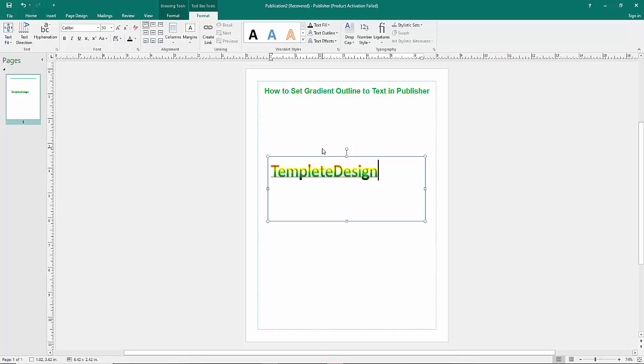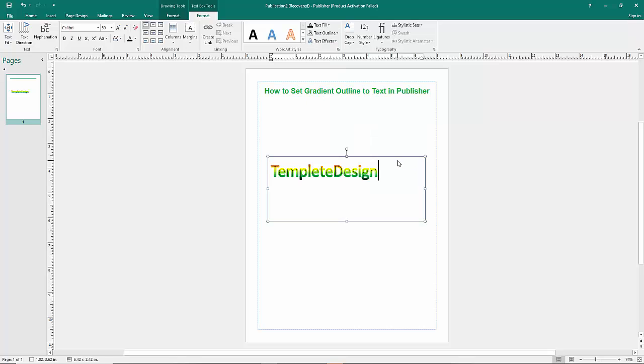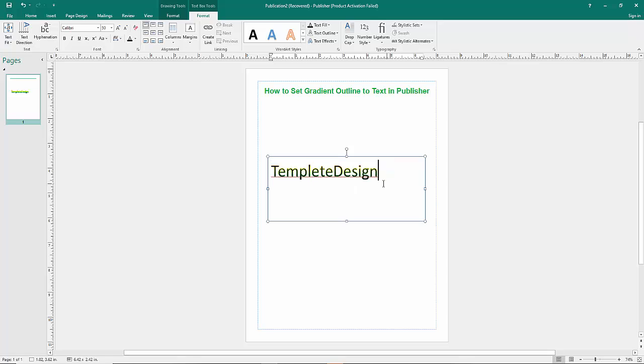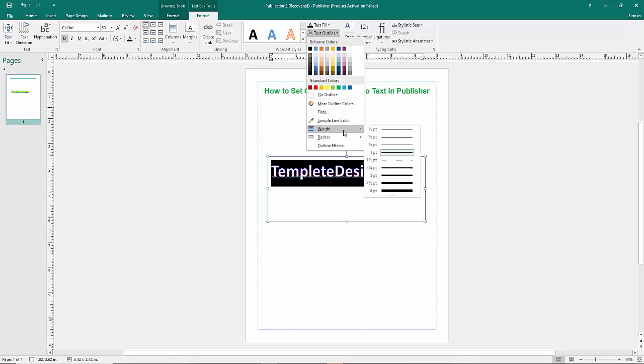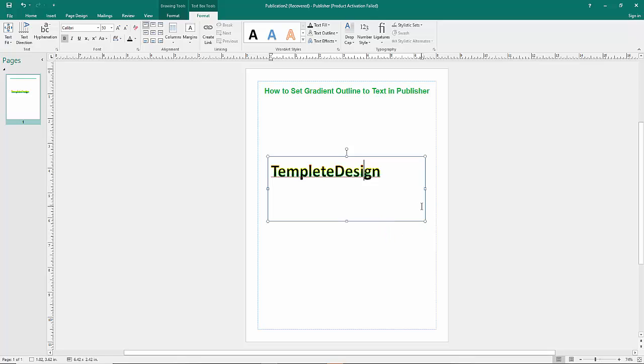Then again, from Weight, resize, then click for Weight, then select. That's it. Now you can see